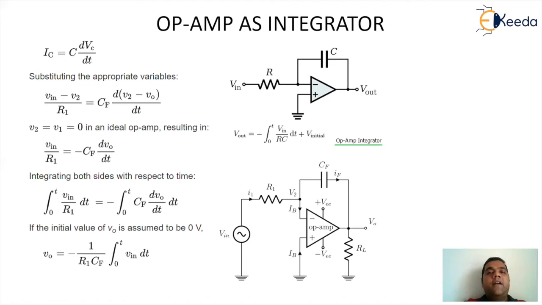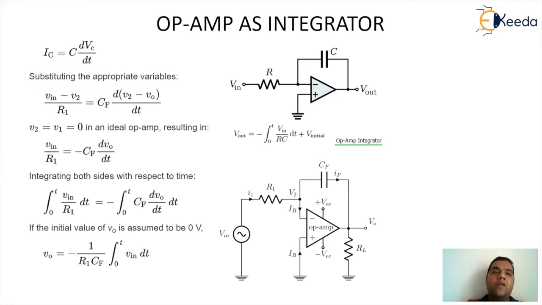The next circuitry we are trying to understand here is operational amplifier as an integrator. For integration, we normally use a resistor and a capacitor. Whenever a capacitor is placed on a feedback path, and the input is connected to the minus pin via the resistor R, such an arrangement will be defined as a simple op amp as an integrator, or you can call it a basic integrator.